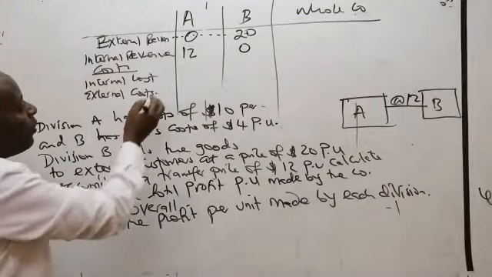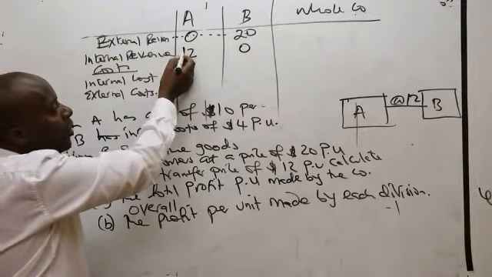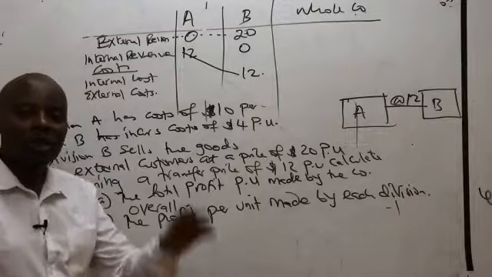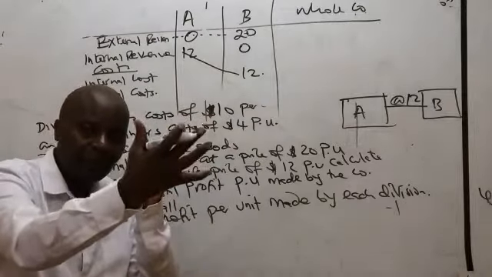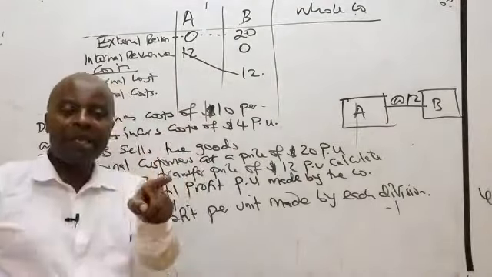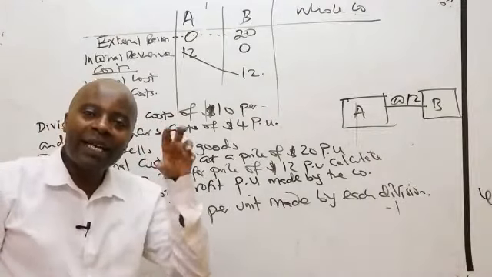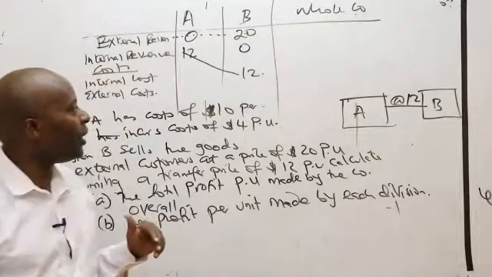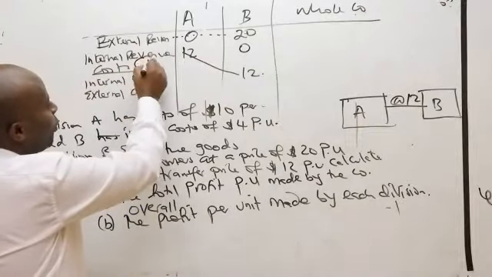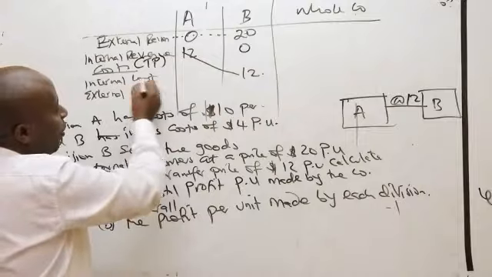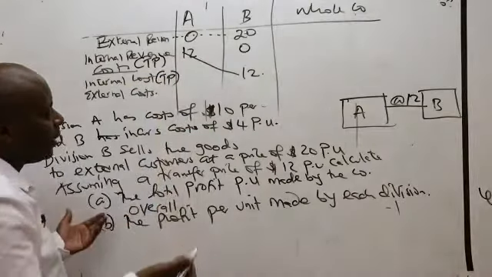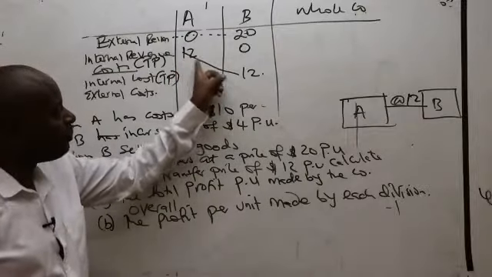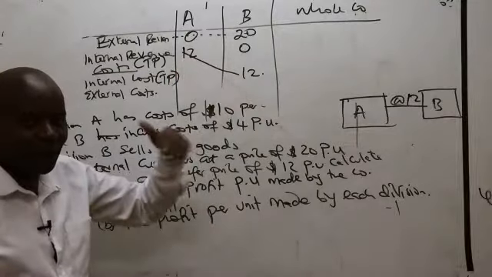So straight away, the moment I have this internal revenue, I know that for B it will be an internal cost, because A is earning the 12 from B. So the 12 is a revenue for A, but it's an internal cost for B. So remember, this internal revenue, as I was trying to explain, is our TP, and the internal cost is the TP or TC, transfer cost. Normally what we do, we play with the primary diagonal like that. You'll be able to get used to this.